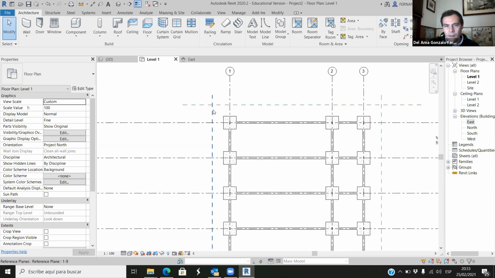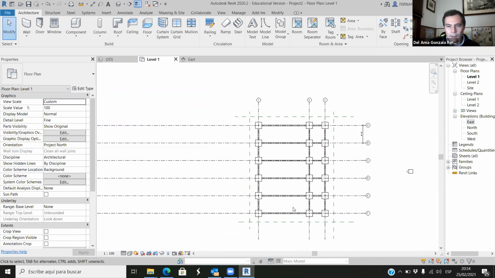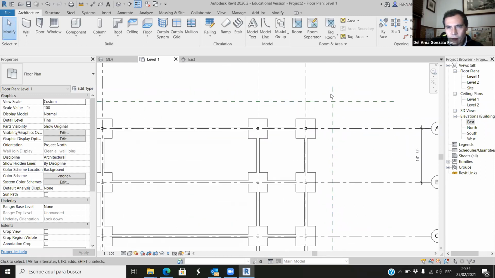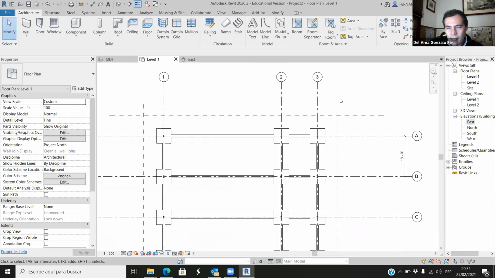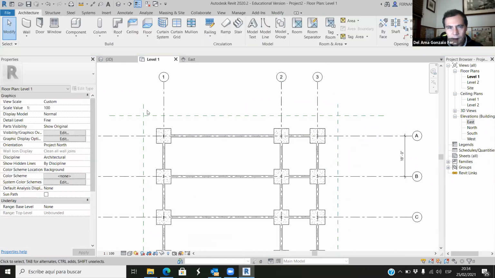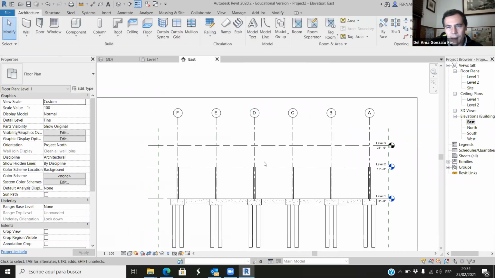Okay, so this is 1 minus 9. This is 3 plus 9. The other one is, so this distance is always 9. And yeah, this is 9. So the overhang is always 9. Okay, so we are going to draw the shapes in this reference plane in 3 plus 9, and in this 1 minus 9. So from the east elevation,